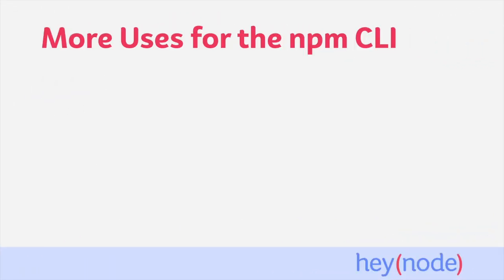The npm CLI is useful beyond just installing dependencies. It's with us during all stages of our development cycle. It helps us create, run, manage, and share Node.js packages and applications. There are lots of commands available, but here are some of the most important ones.